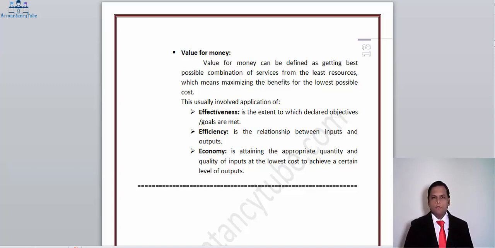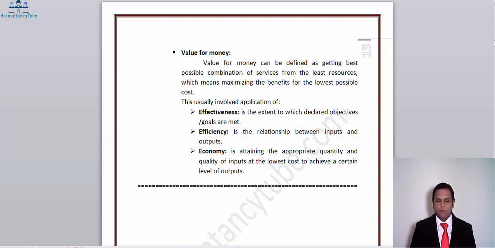Welcome to the fourth part of chapter number 1. In this video, we are going to cover the last areas of chapter number 1. So let's start from where we have left, value for money. Now, if you come to page number 13, we have got the last topic of chapter number 1, that